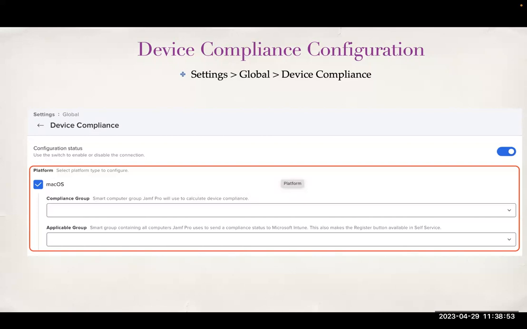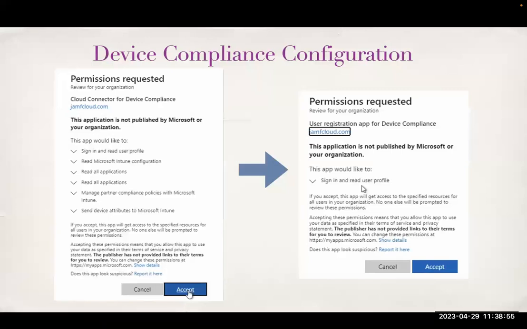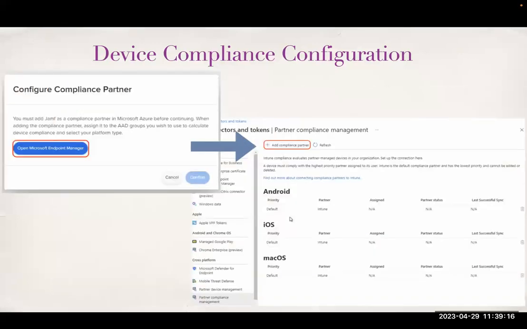And once they enter the credentials, they will see these two prompts. One is a prompt to create an application for device compliance in Azure AD. They need to accept it. And second is a prompt where it will approve user registration for device compliance. So your Azure administrator has to accept these two permissions. Once accepted, you will see